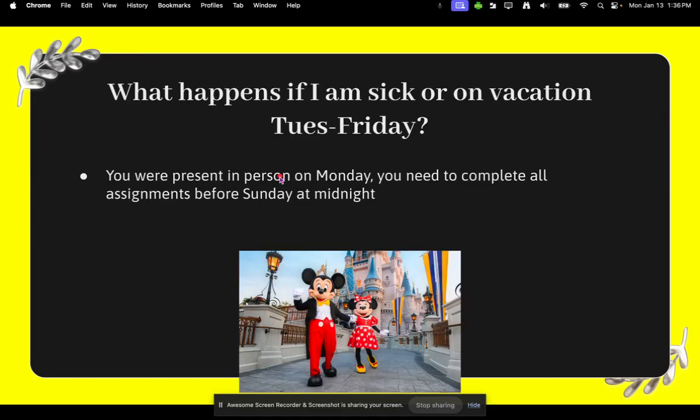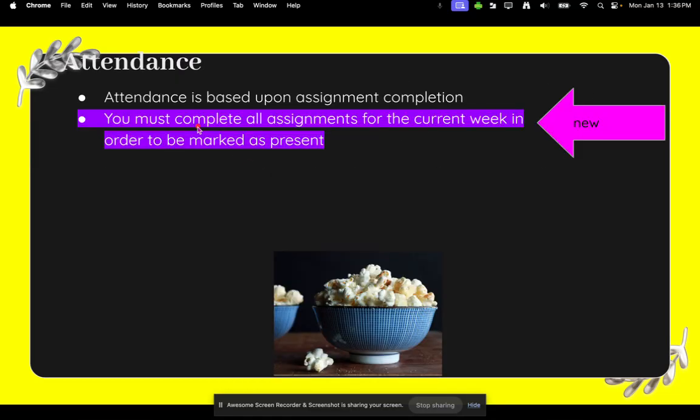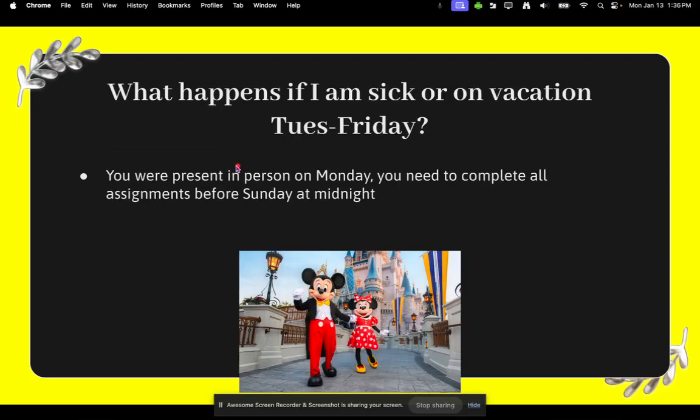That is very, very important. Even if you miss one assignment in the whole week, let's say I assign you 5 assignments, you do 4 of the 5, you're missing that one assignment, you will still be marked absent. So you need to make sure you get every single assignment done.